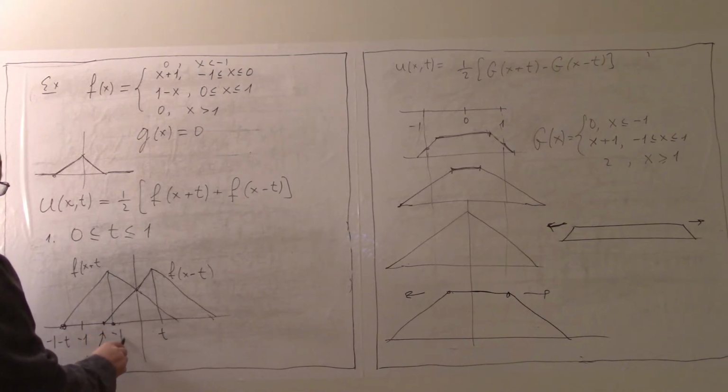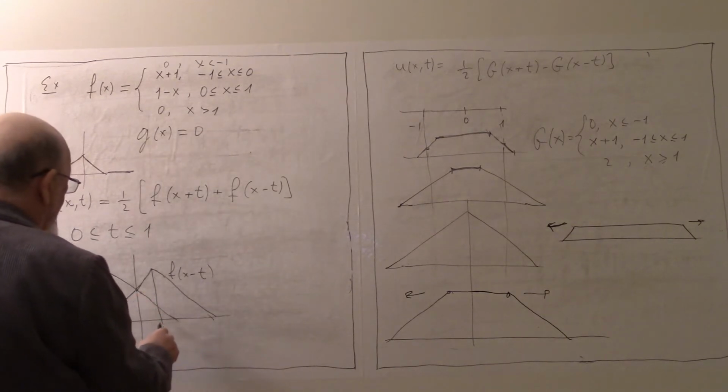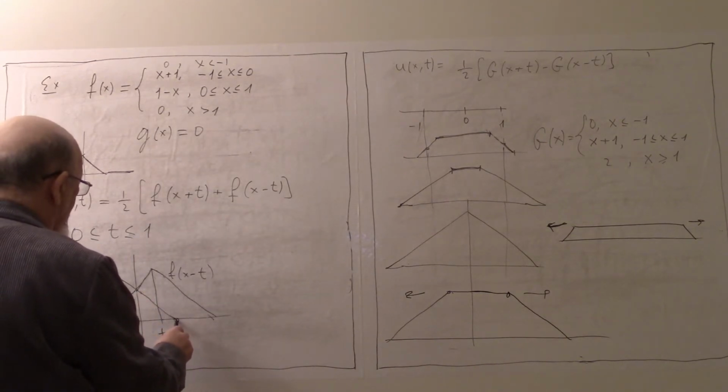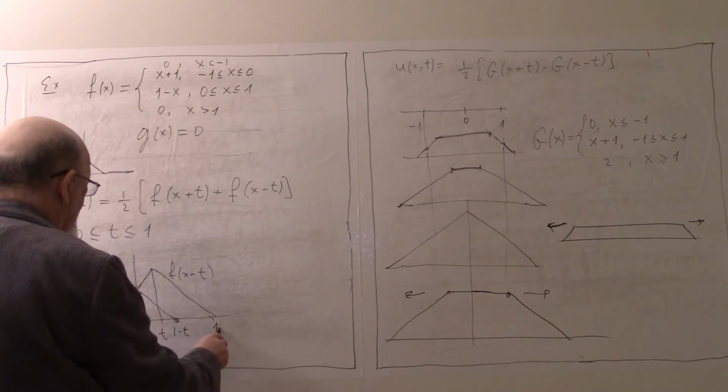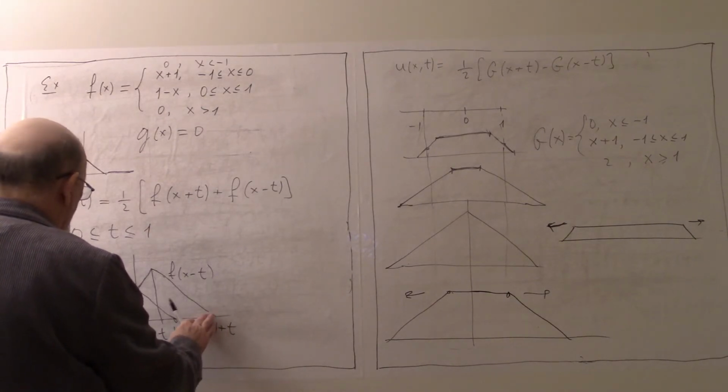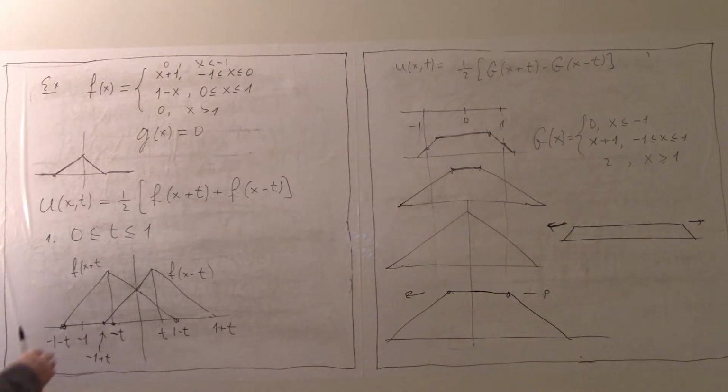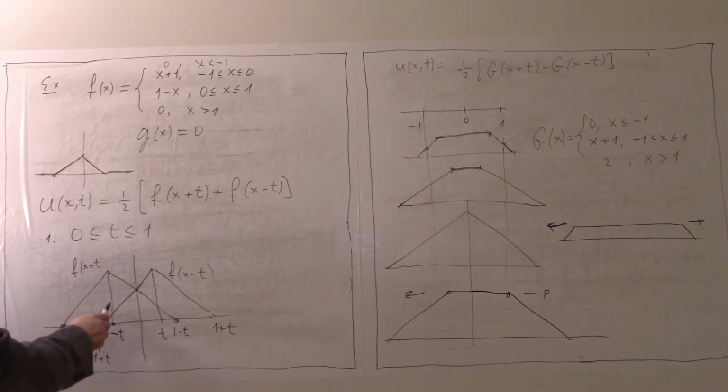It is minus t. 0 is not a singular point. This is point t, point 1 minus t, and the point 1 plus t. Minus 1 is irrelevant here. Yes. So we have 5 interesting points, and in each of these segments,